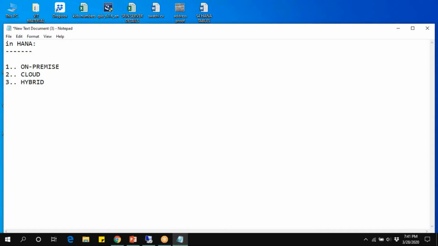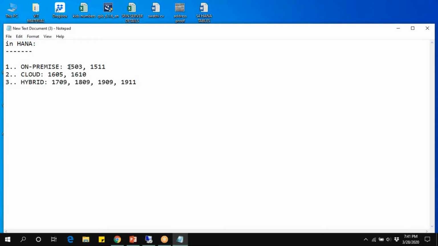So on-premise, the versions are 1503 and 1511, and in cloud, the versions are 1605 and 1610. These are the editions. I will give clarity for this. And hybrid, 1709, 1809, 1909, and 1911.